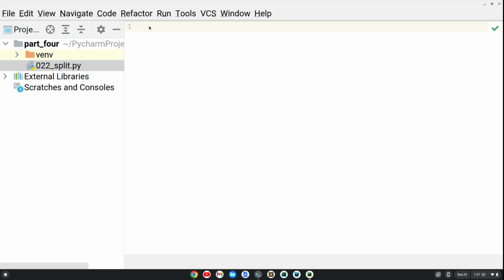Let's say we wanted to take in user input for a bunch of integers separated by a space. So what we could do is say that's an int string array or list. That's going to be the name of my variable. And we'll input and say, enter a bunch of integers